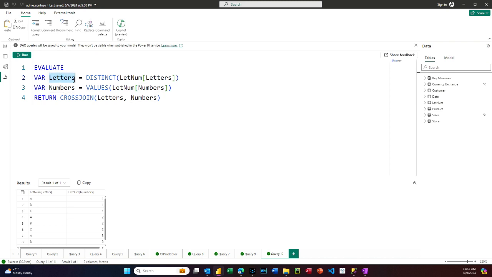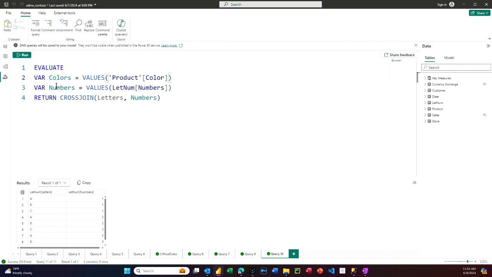Let's say VAR colors equals the VALUES. I'm just going to use VALUES because, like I said, it's better. I know there are no blanks, but if there were, I'd want to know why.